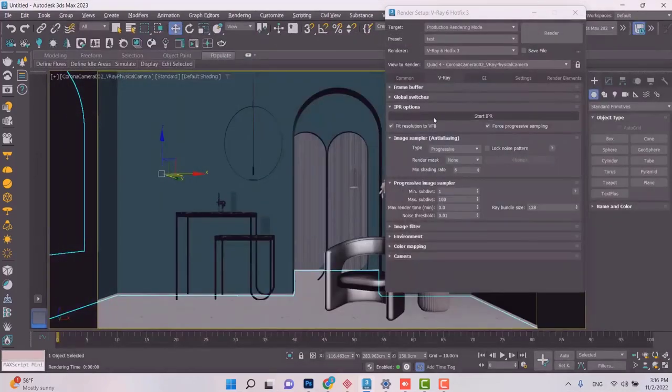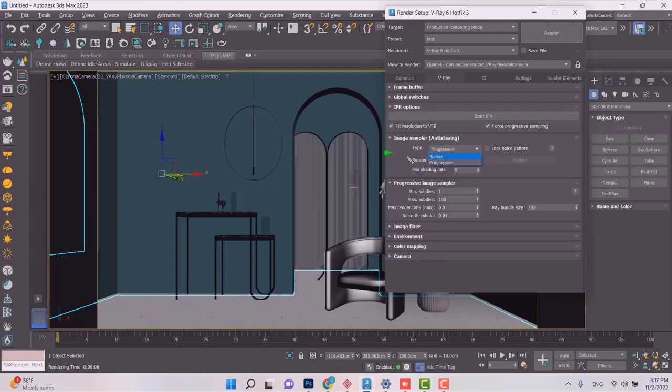It's time to go back to our image sampler and start talking about some of the items that we have here. The first one is the two methods that we have. One of them is called bucket, the other is progressive, and these two methods show our final image differently. Now what do I mean by that? I'm going to show you with an example.